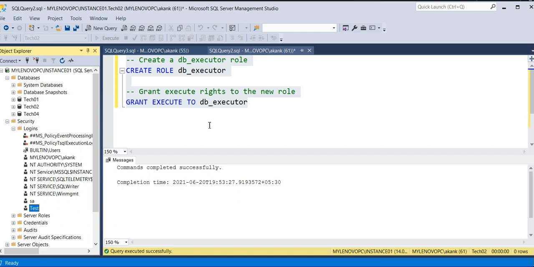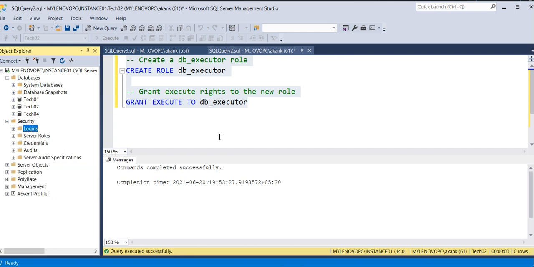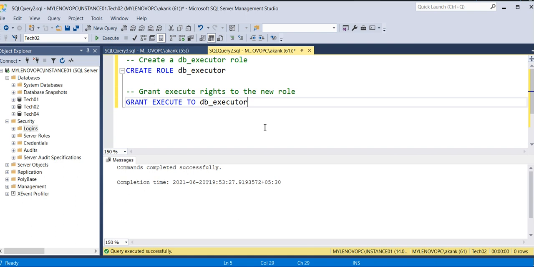Whenever you get a request that a user wants to execute a particular stored procedure but they are not able to execute because they don't have permission over that particular database, you just create the role and grant it. That's it. Hope you got my points. This role is not defined in any SQL Server instance level or database level. There are several roles, we are all aware, that are already there, but this role you need to create.